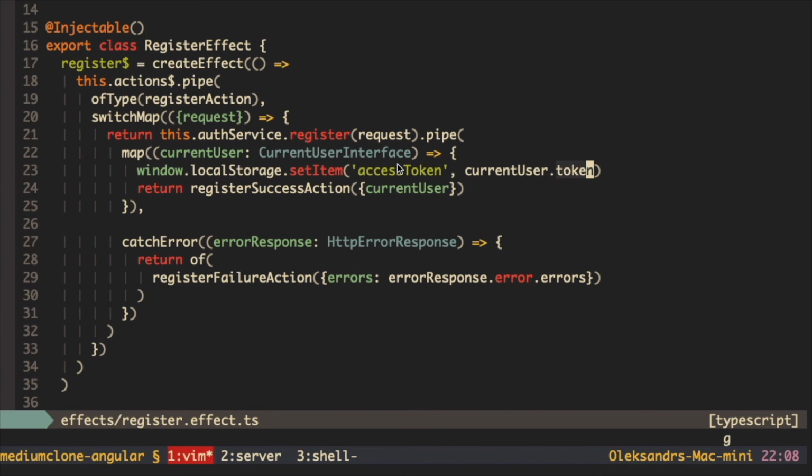Basically that's it. This is one line. But I would recommend another approach. Why is this approach not good? It's actually not bad, but here we're using window directly, and when you are working with local storage, there